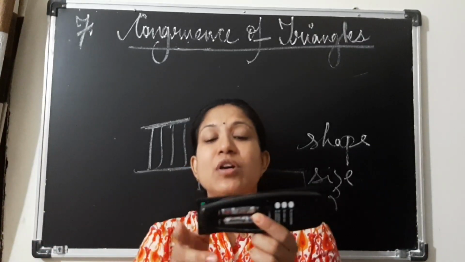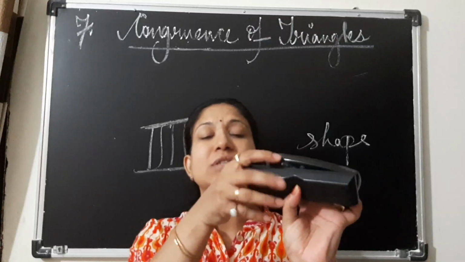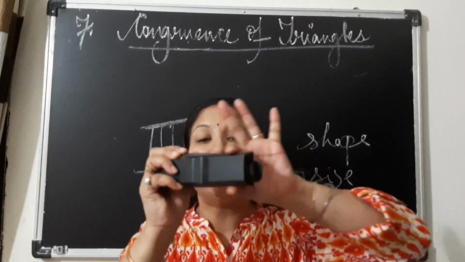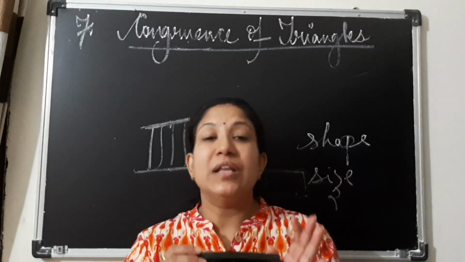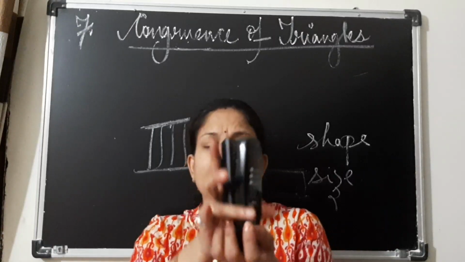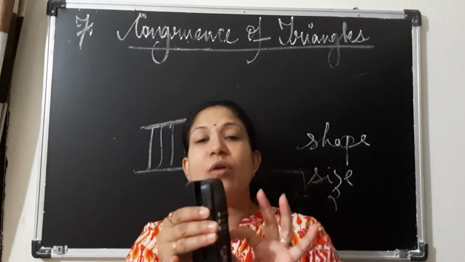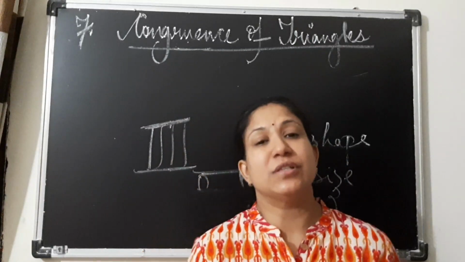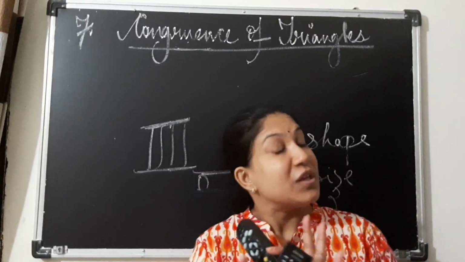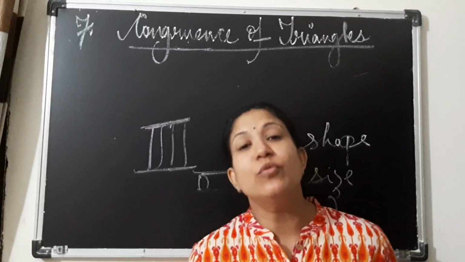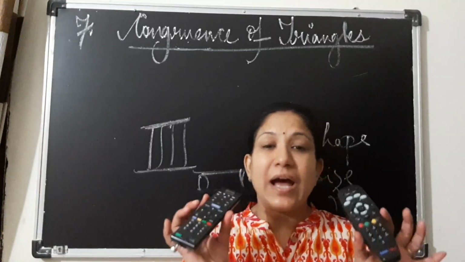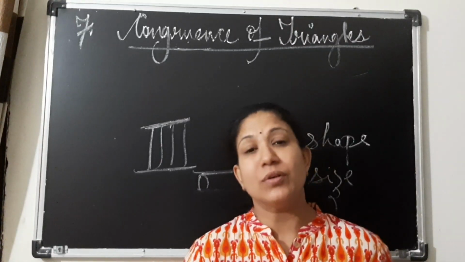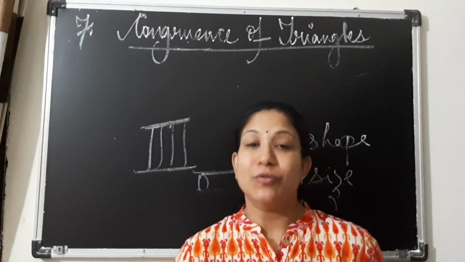How did we know that? Because when we place one over the other, we could see that they are not exactly over each other. They have to be exactly and completely over each other, that is, overlapping each other completely. None of the part of one object should be out or visible from the other side. Correct? So in this case, even though the length was the same, the shape is not the same. This is why before moving to the congruency of plane figures, I did this activity to make you understand that shape and size both are very important when we talk about the congruency of two objects.